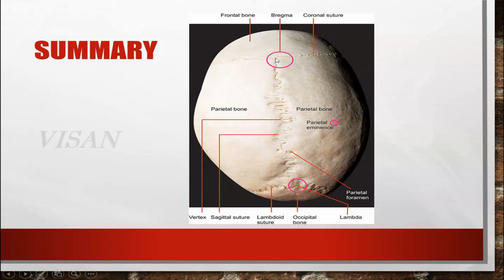In the fetal skull, it is called the anterior fontanelle, which fuses at the age of 18 months to 2 years after birth. The meeting point of the lambdoid suture and the sagittal suture is called lambda. In the fetal skull, it is called the posterior fontanelle, which fuses at 2 to 3 months after birth. The highest point of Norma verticalis is called the vertex, and posterior to that we can see the parietal foramen through which the parietal emissary vein passes. Laterally, the round blunt eminence is called the parietal eminence or parietal protuberance, and still more laterally we can see the temporal lines.